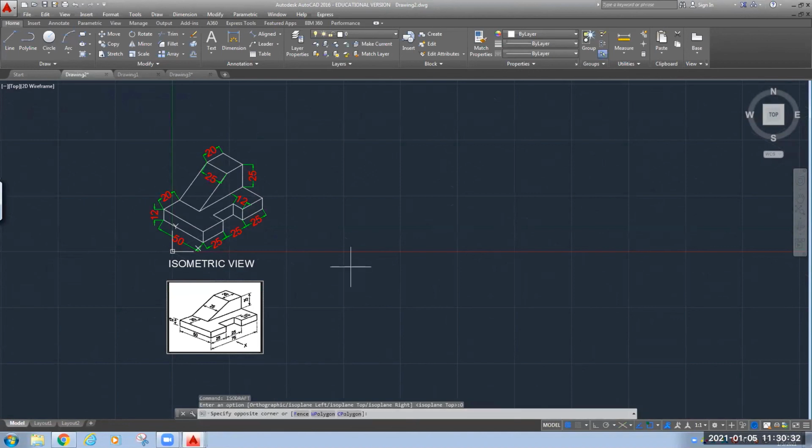So now you can draw your orthographic projection. Till now, whatever we have discussed, is there any doubt then you can ask me. We will see the orthographic projection drawing in the next class.